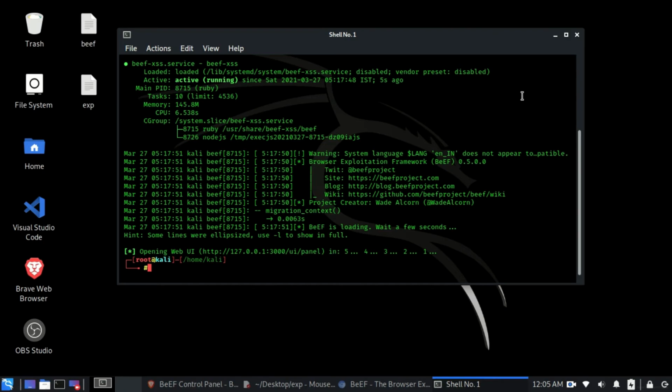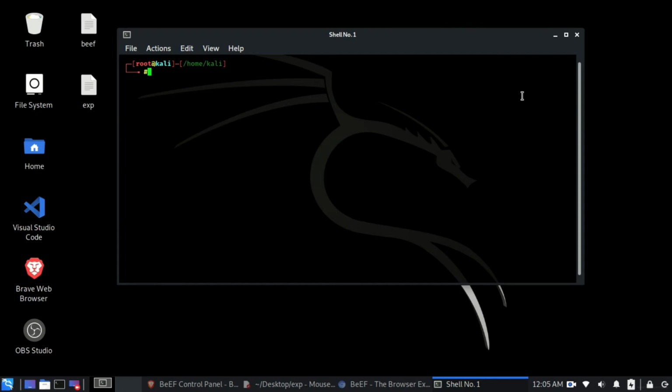For that, let's first go to the directory where the HTML file for that web server is present, so that we can actually edit it. So I will go to this particular location, which is cd /var/www/html.